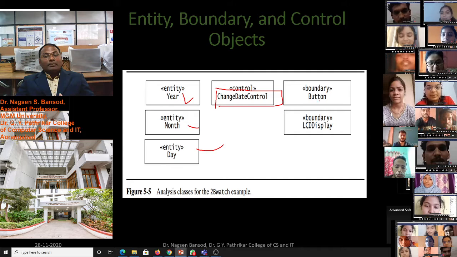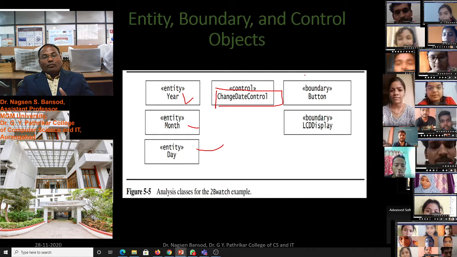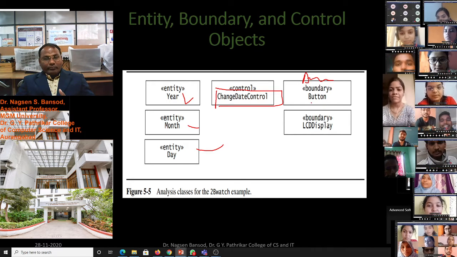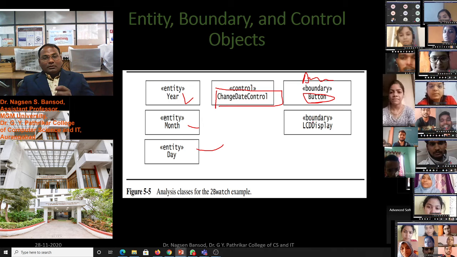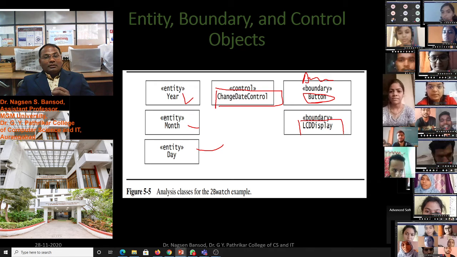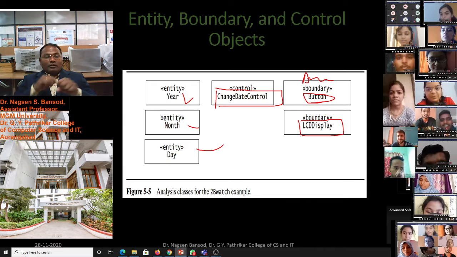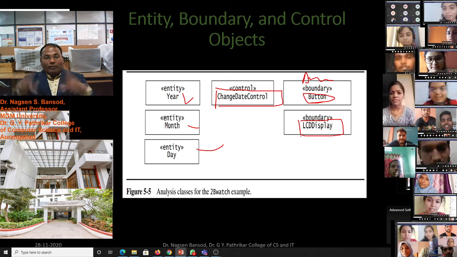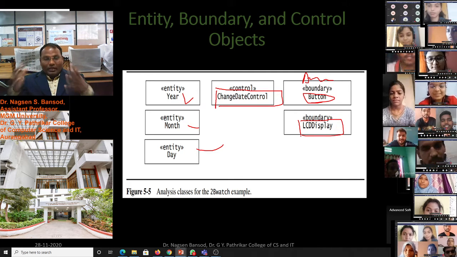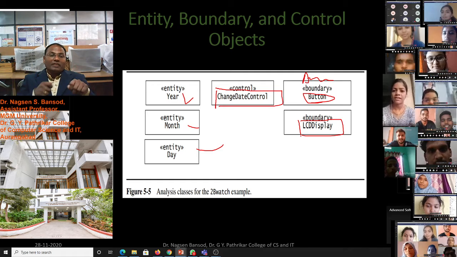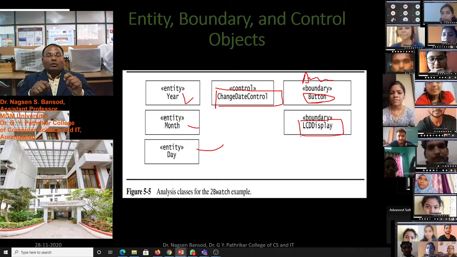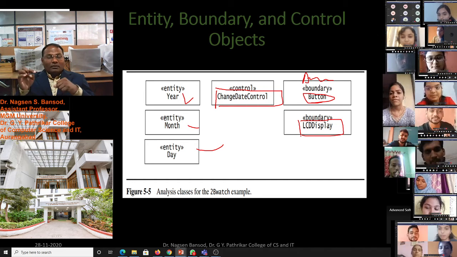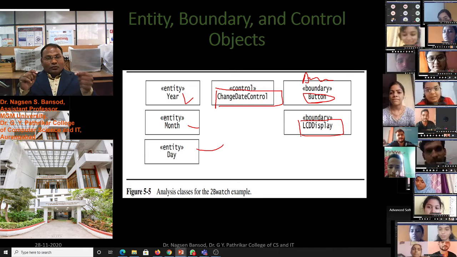Therefore, there are the button boundary class and the LCD display in the boundary analysis model. In the LCD display, we can see the boundaries of the text; we have limited information there because there is a boundary. As well as for the button, there are controls, there are boundaries. If we press button 1, then minutes will blink.